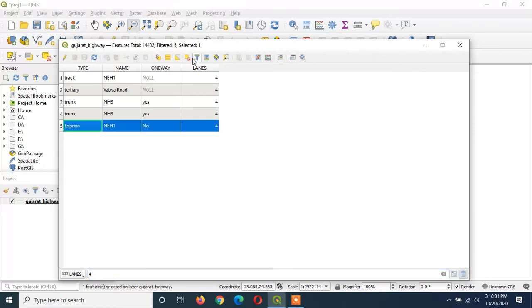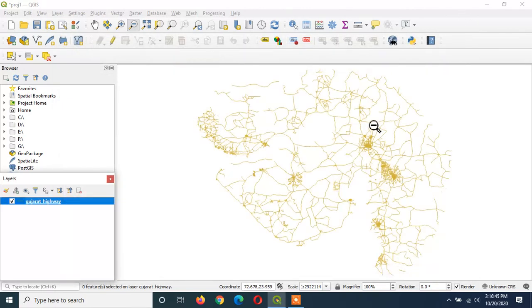So you can clear the selection by clicking on deselect all features. Click on the close button. So now this is your vector line layer after editing is done. So this is how we can add new lines and we can add vector line data in the project.